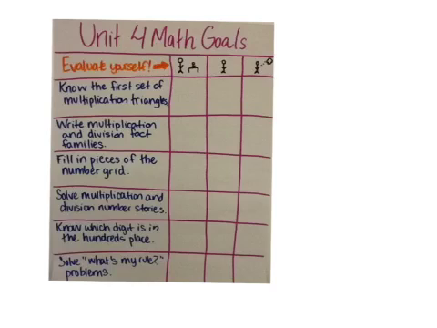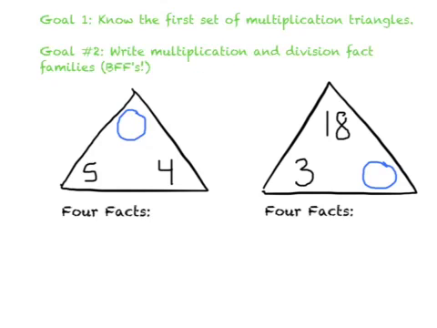All right, here we are with the Unit 4 math goals. There are 4 of them. Remember that you have 3 options. One is I have questions. The next choice is I understand. And the last choice is I can explain it. So as you're performing these skills, be thinking about what you're able to do and where you would go on the checklist. Goal number 1 is to know the first set of multiplication triangles that you've been working on during